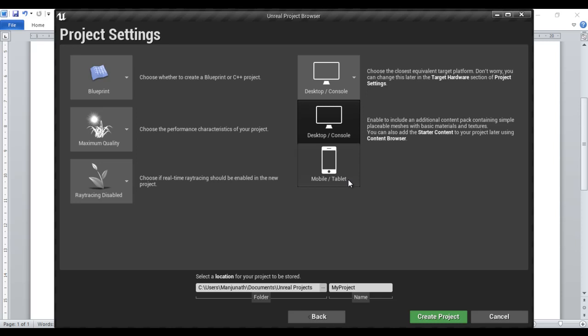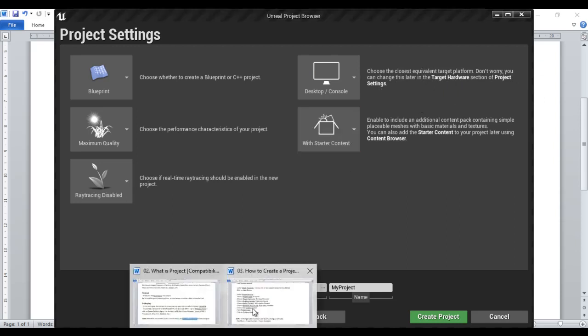It is also telling us to choose the closest equivalent target platform. Don't worry, you can change this later in the target hardware section of the project settings. We see that later anyhow.